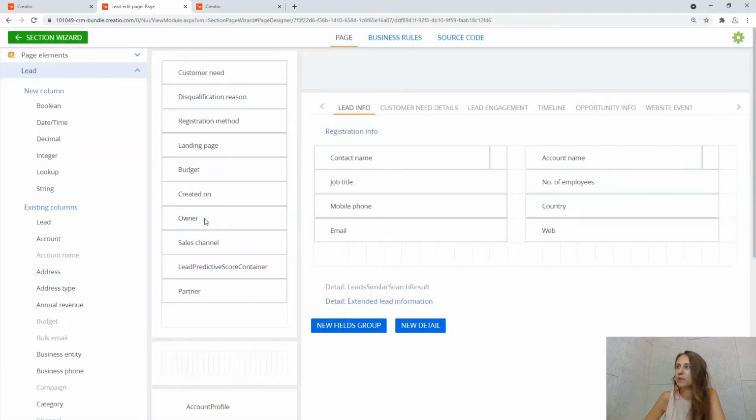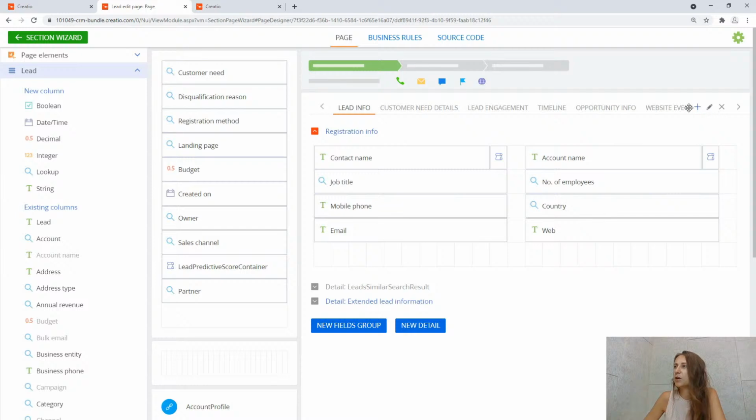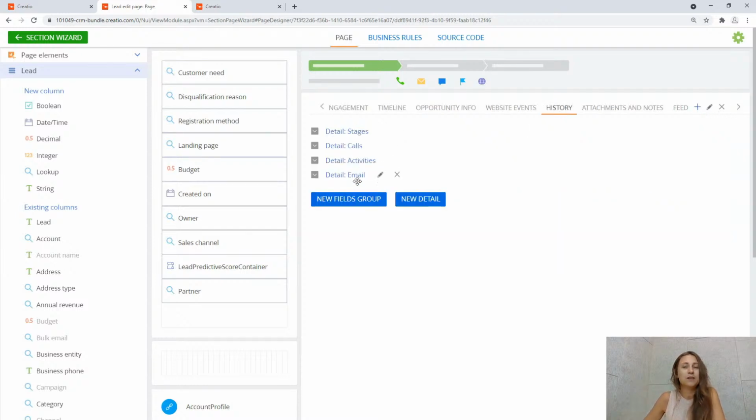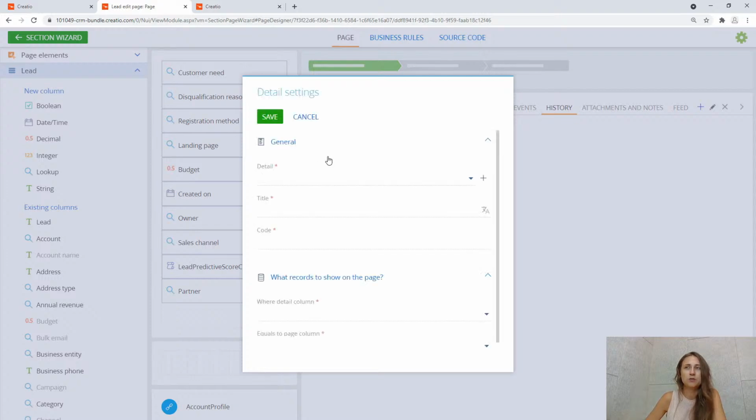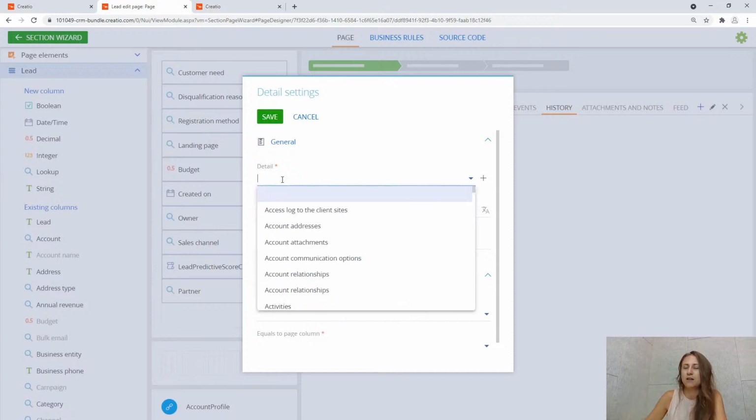Okay, let's go to history, because this is where all the details of the connected sections, things like that, are stored, so it seems appropriate to put it here. So the detail already exists, we just need to link it here to the leads section. So the detail is called chat, leads in chat,